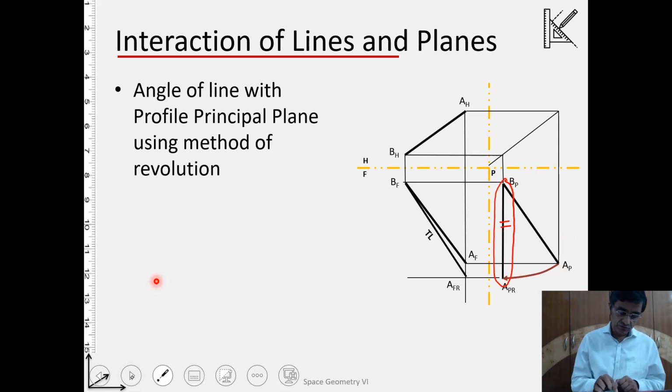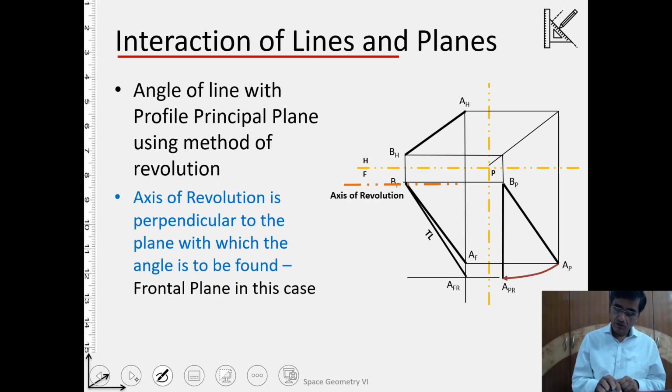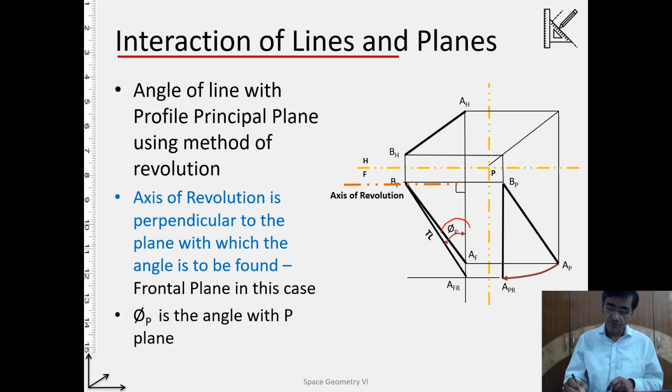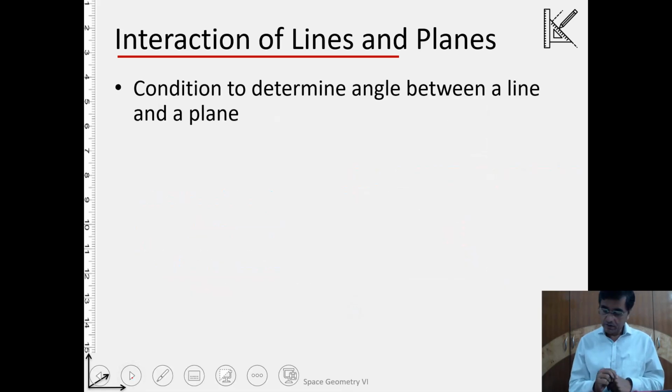So let us use this, and if you do it, finally we'll have the angle phi P. So that's the angle phi P. Again, as I had told you earlier, this is the axis of rotation, and we are seeing the projection of the axis of revolution on the frontal plane, so it will be a point view on the profile plane. That is why it is perpendicular to the profile plane. Okay, let's take it forward,